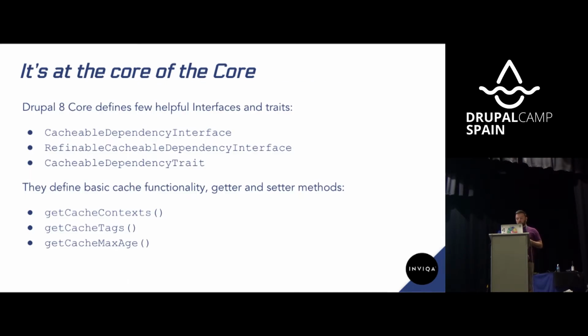performance. At the core, tags and contexts are actually introduced through the Drupal 8 core interfaces. There's quite a few of them, so I listed just a bunch, and they provide the helper methods for getting and setting your cacheability metadata like context, tags, max age. We won't be looking at all of them because there's actually quite a long list, but